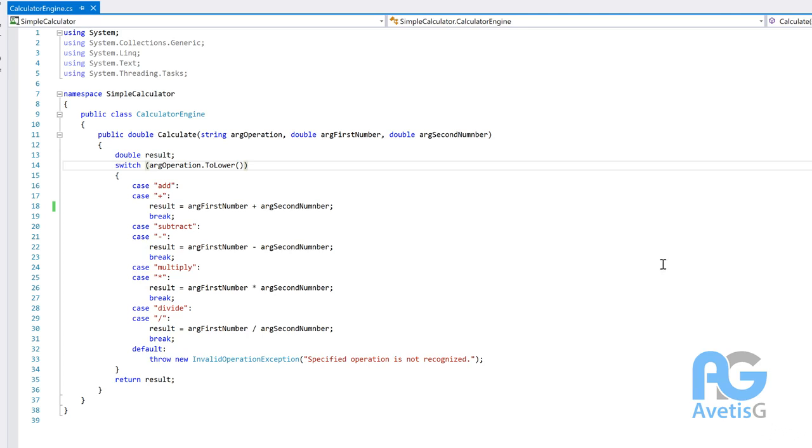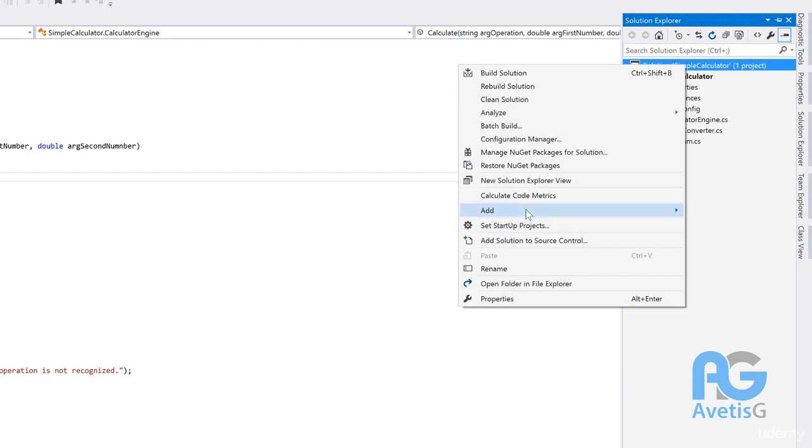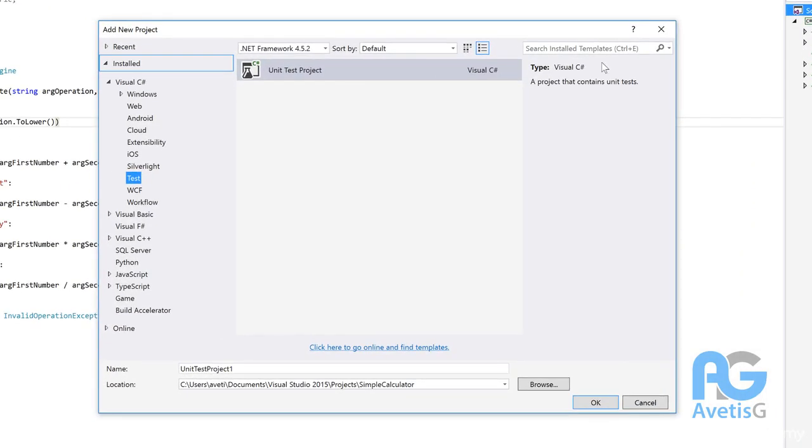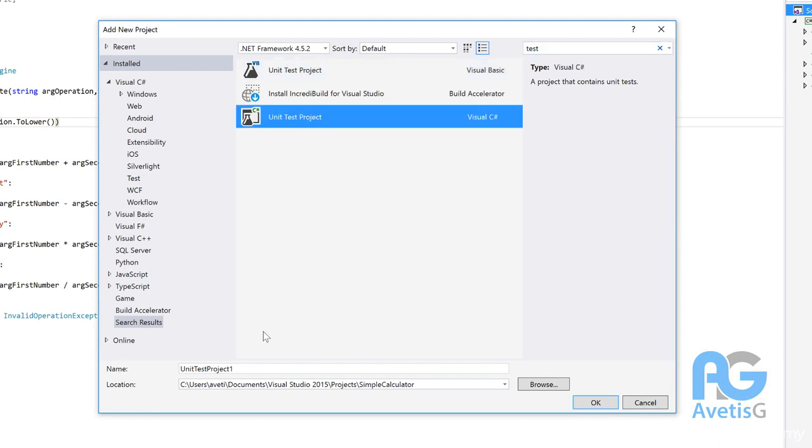So it is time for us to go ahead and write a unit test for our simple calculator application. The way we're going to do that is by going to our solution, right-clicking on it, choosing Add New Project, and then typing in Test, choosing Unit Test Project, and then we're going to name our project Simple Calculator